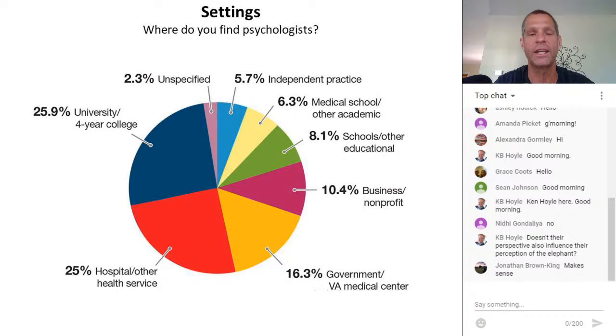16% of them are going to be working in the same settings, but they'll be government VA medical centers. So you'll see about 40% of them are actually working in hospitals. And then you're going to see almost 6% are those people that will be in office buildings running private practices. So about 45 to 50% of all psychologists will be in the helping profession. And then I want you to see that the second largest group of psychologists is people like me, psychologists who are researchers or teachers trying to educate and learn more about psychological functioning.